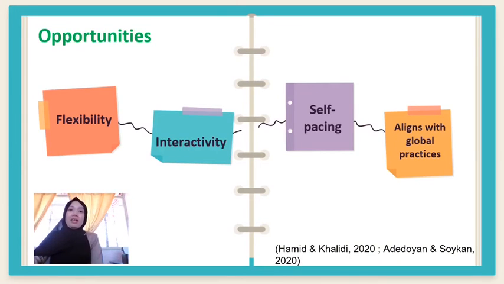However, not everything is bad about e-learning or PDPR. For some, it is a blessing in disguise, for it brings flexibility, interactivity, allowing self-pacing and aligns with global practices. Students, especially the mature and from the medium and high economic backgrounds, prefer online learning for they can learn at a more fluid timetable as compared to packed face-to-face learning, and it is also cost efficient because they don't have to travel to go to the class, compared to face-to-face learning.